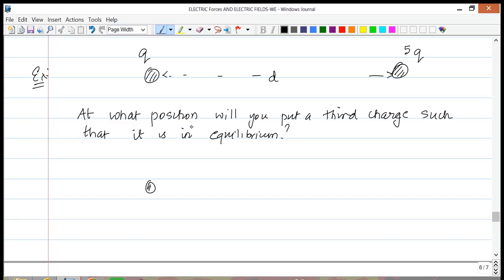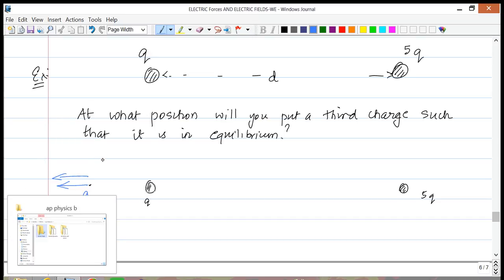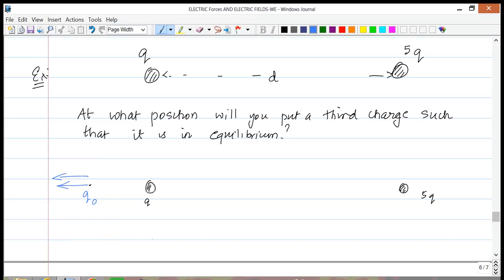If I have q and I have 5q, let's say I'm to the left of q. If I'm to the left of q, clearly q repels the charge, and let our test charge be a positive value. So q repels it, and also 5q repels it. So clearly anywhere to the left, the two forces are not going to oppose each other. They could be equal, but they're never going to oppose each other, and as a result, it cannot be to the left. So we know that it cannot be here, and similarly we can say that it cannot be here,